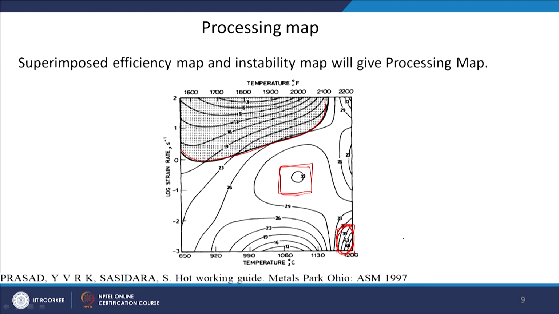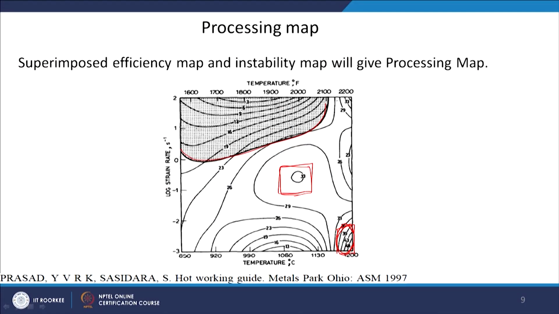Okay. Of course, in any industrial process, if you want to increase the temperature, you also have to consider the cost of heating or cost of raising the temperature to a high temperature, the electrical cost. Okay. So, you can always have a kind of a give and take here. Okay. So, maybe you can choose maybe a lower efficiency region.